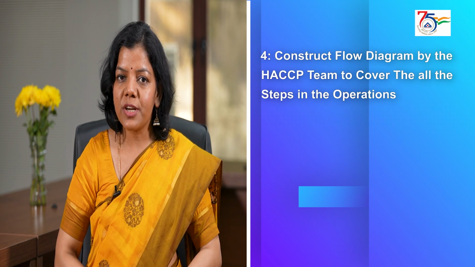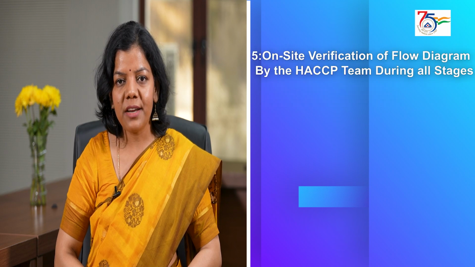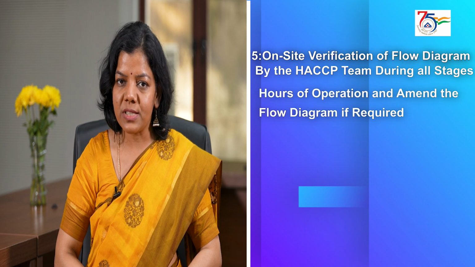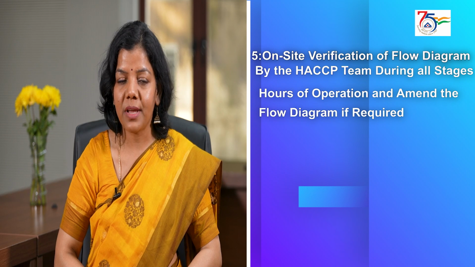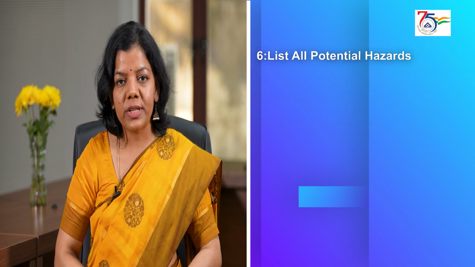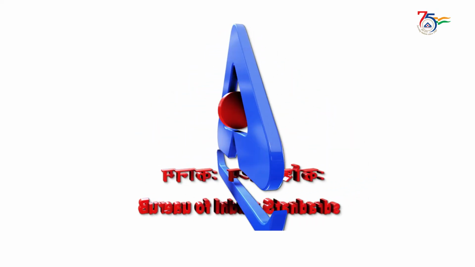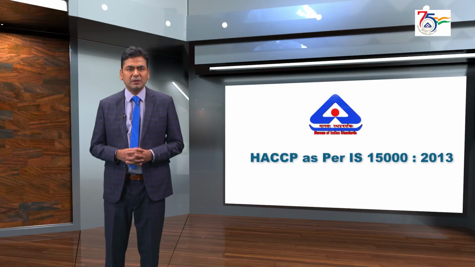Fourth, construct a flow diagram by the HACCP team to cover all the steps in the operations. Fifth, on-site verification of the flow diagram by the HACCP team during all stages and hours of operation, and amend the flow diagram if required. Sixth, list all potential hazards, conduct hazard analysis, and determine control measures. After these preliminary steps are undertaken by the food business,